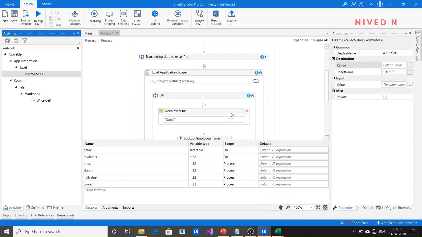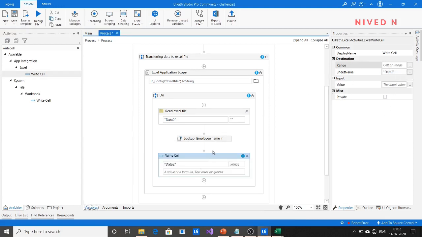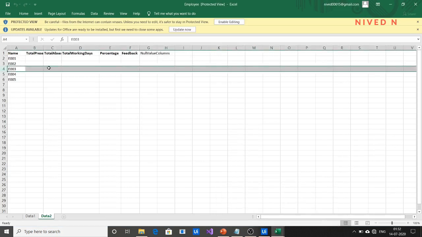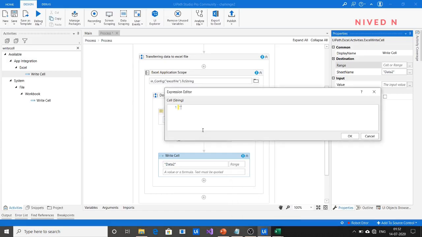Because we know that the column name remains the same and only the row index is changing, you can specify the cell where we want to input the total present value like this: B plus row index plus 2. Why?